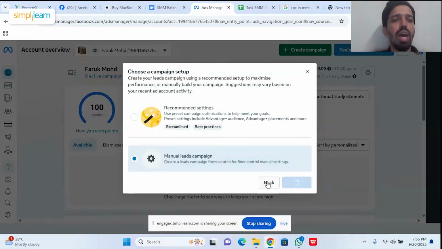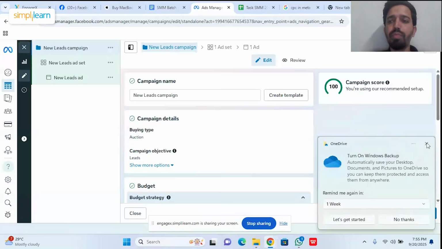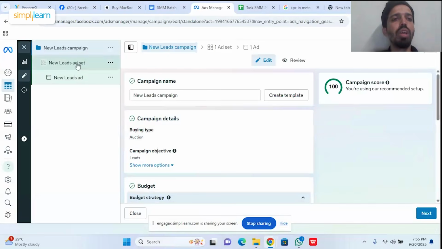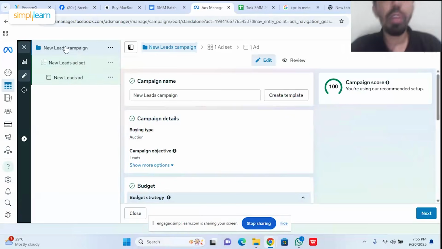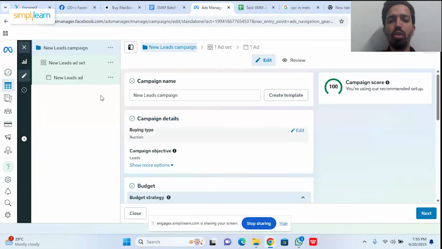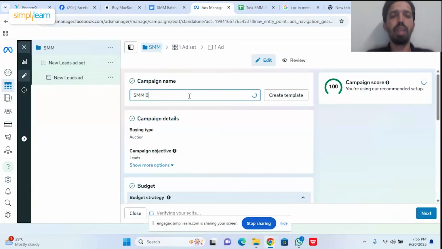Now we are going to the ad structure that we had discussed. You have this option. Here is the leads, here is the campaign, here is the ad set, and then here is the ad. So this is the ad structure. So here we will be setting up the basic settings options that we have in the campaign, and then we will be moving on to the next option, which is the ad set. So in ad set we are going to be setting up all the changes like targeting, age wise, gender wise, and then location wise as well. So first of all, campaign name. So we are running it for the SMM batch